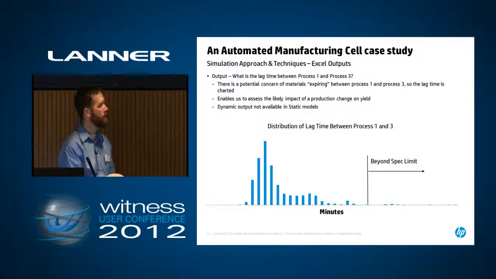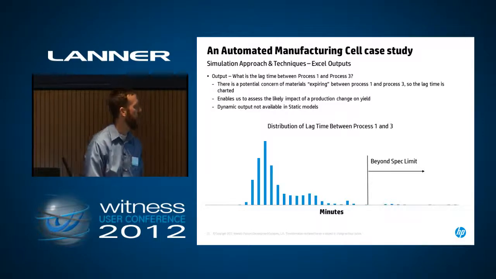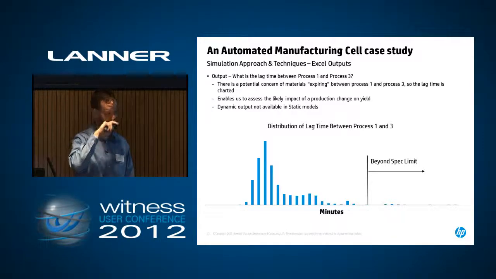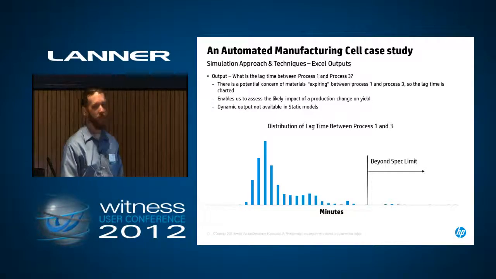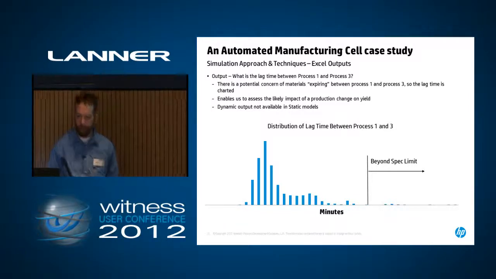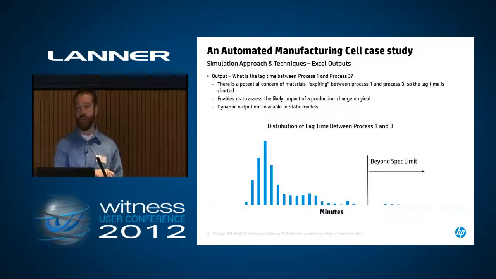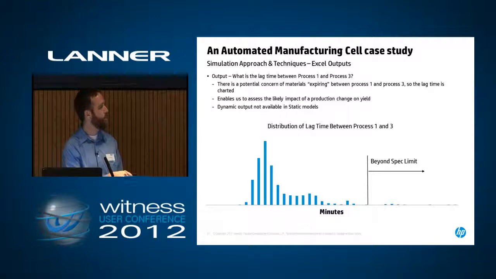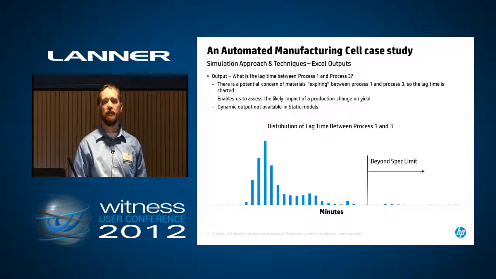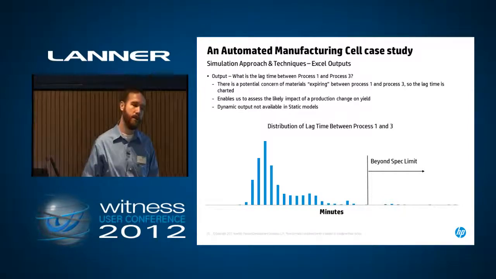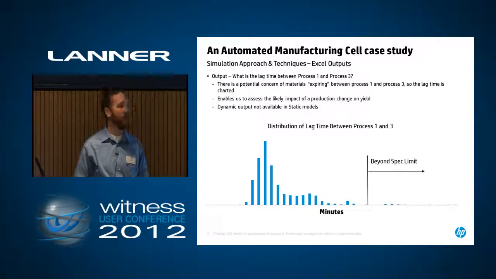And so, shifting gears to some of the outputs that are written to Excel. The first thing here is something that you'll never get out of a static model, and that's the lag time between process 1 and 3. The reason we wanted to look at this is there's a potential concern that the material that's put onto the part at process 1 will expire, basically dry out, by the time it gets to process 3. And if it does that, then you've got to scrap the part. So we charted the